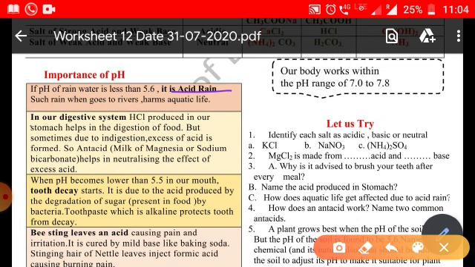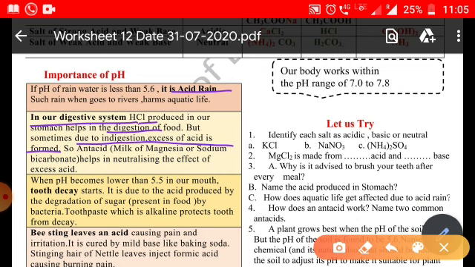Another is in our digestive system. HCl is produced in the stomach, which helps in digestion and kills the pathogens or microorganisms present in the food. It also helps in converting inactive enzymes into active enzymes, so the digestion of protein takes place. But sometimes, due to indigestion, excess acid is formed,